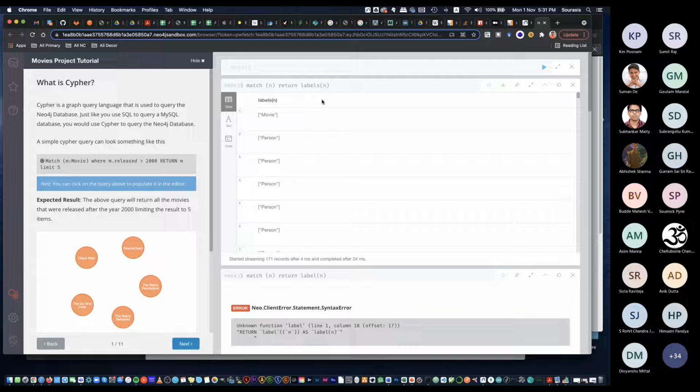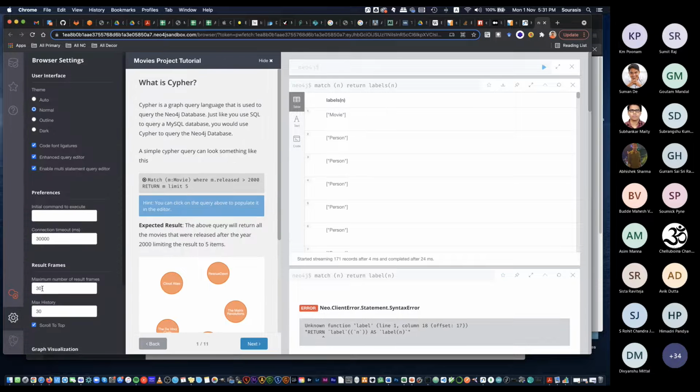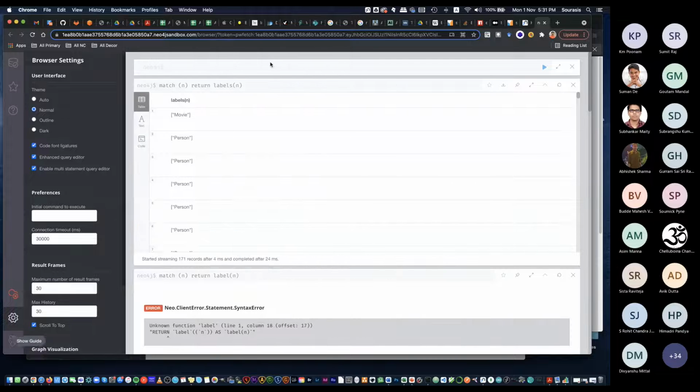By the way, in this particular browser, I think there is a configuration somewhere here which says maximum 30 results you show on the screen, because your database can really have several thousand or even lakhs of nodes, right? It can be in millions also. You do not want this browsing space to have a million nodes just because your query returns a million nodes, right? So that's why there's a default 30 limit. So even if you do not put any limit here, you just run a query, it will limit the number of results shown to 30 in the browser,